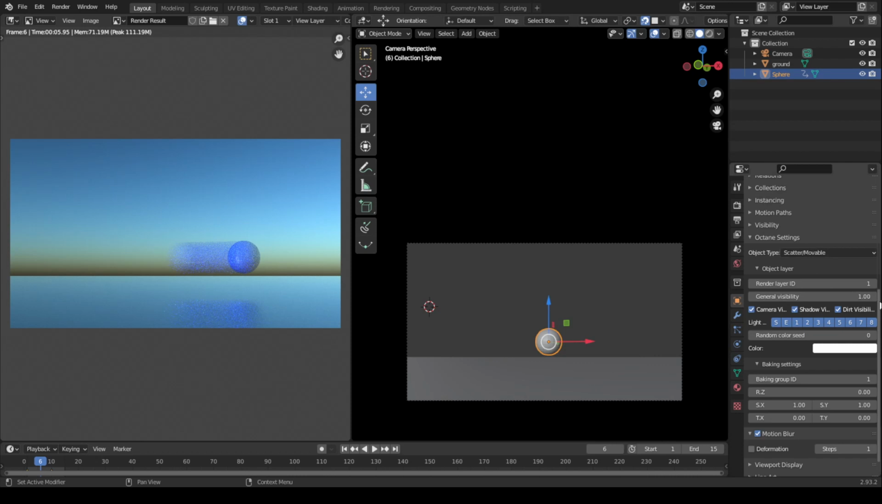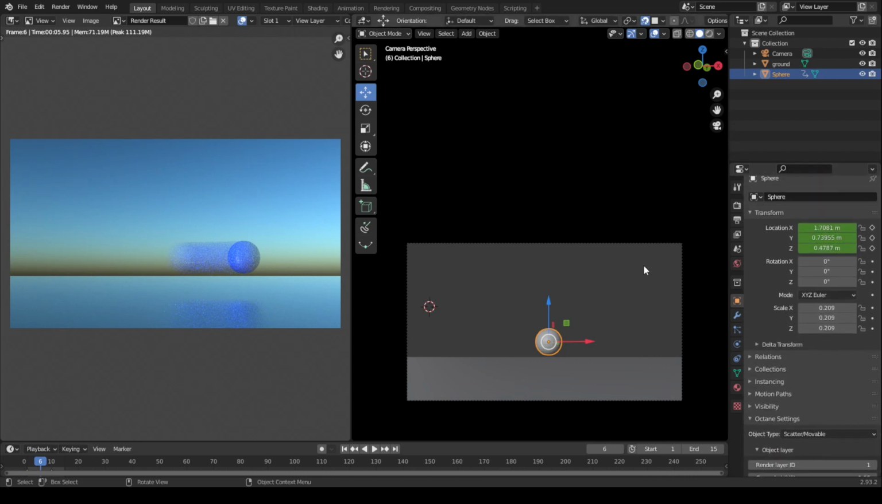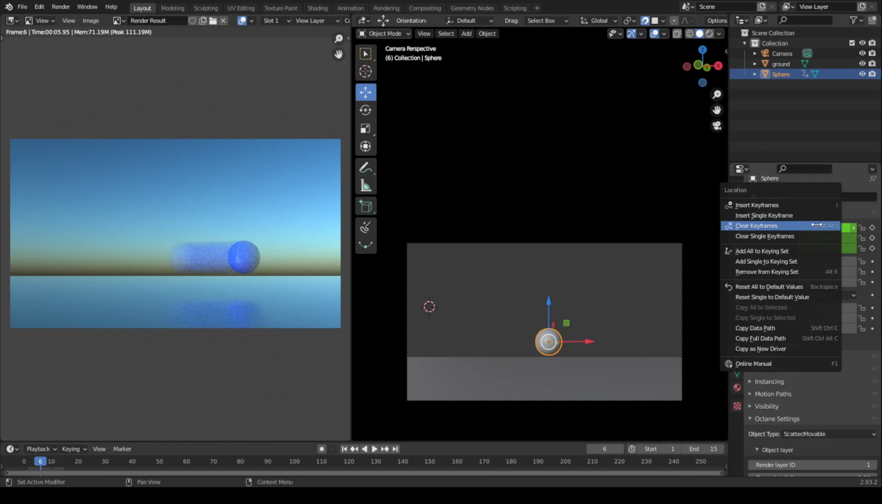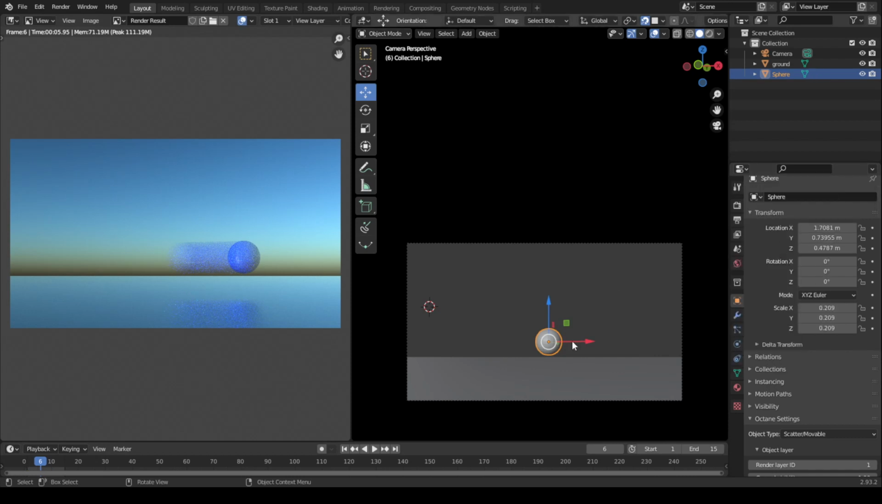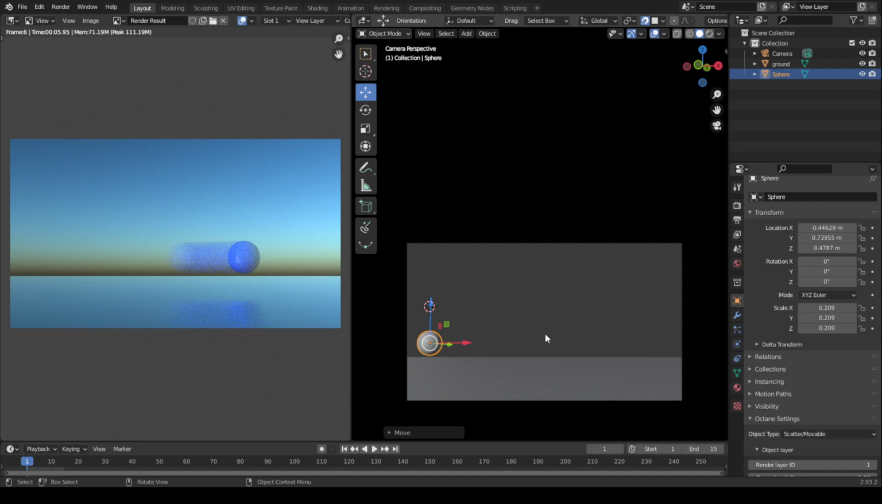But now, sometimes I like to actually animate the mesh because there are some cool things that you can do which you can't do when you're animating the object. So let's just clear all these keyframes. Let's go back to the beginning, move them over here, and let's hop into edit mode, pressing tab,